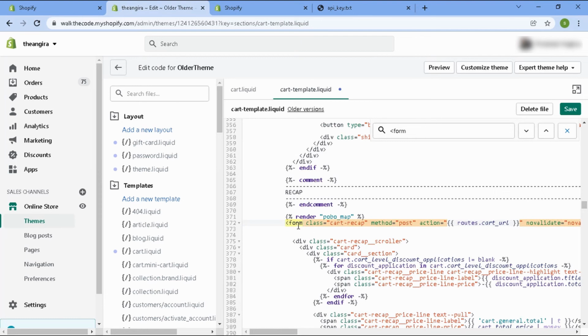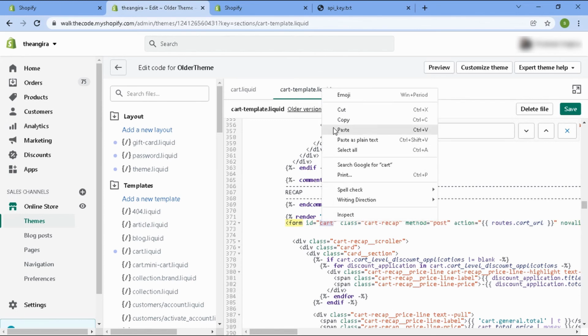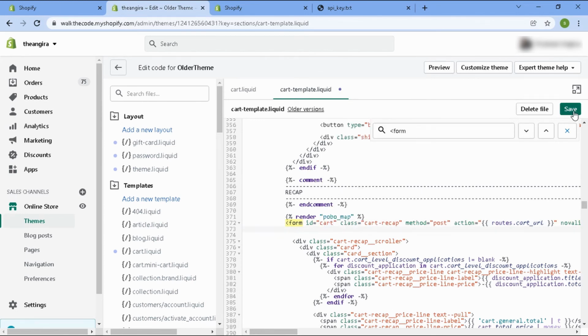So you can type your own ID right after the form, type space and then id is equal to and double quotes, inside this enter any name of your choice. So I will simply type cart and then I would copy this value and then I'll hit save.